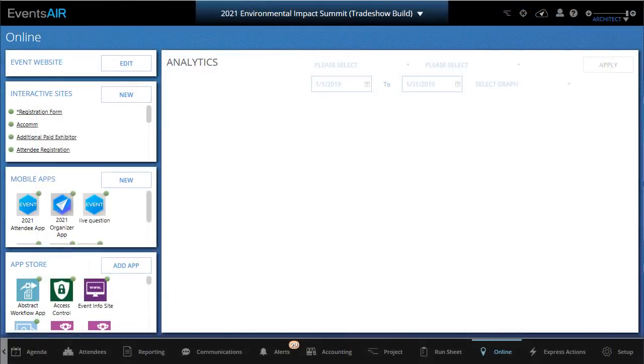The next new functionality I'd like to talk about is live stream integration. What live streaming is, of course, is the ability for you to display any or all of your sessions at your conferences or events out through the internet and to be viewed on a computer remotely. Live streaming is a great way to expand your conference offerings, and right now we use Zoom meetings as the platform that we support. We're going to be supporting additional platforms moving forward, such as WebEx or GoToMeeting, GoToWebinar,